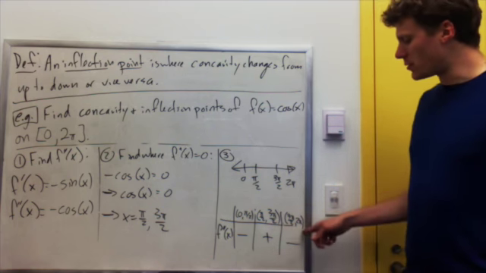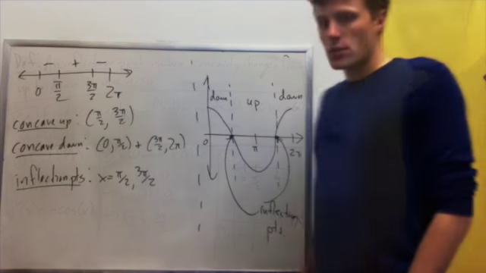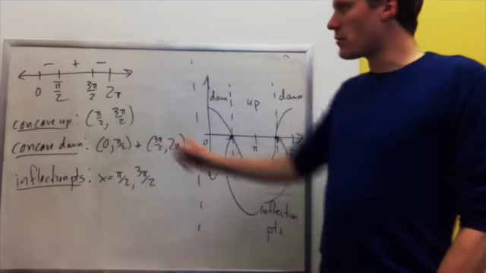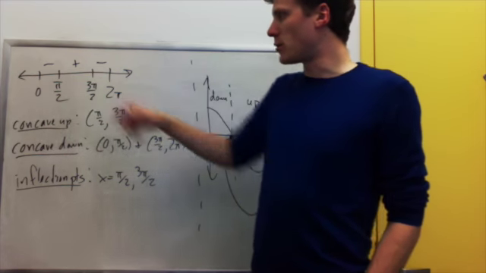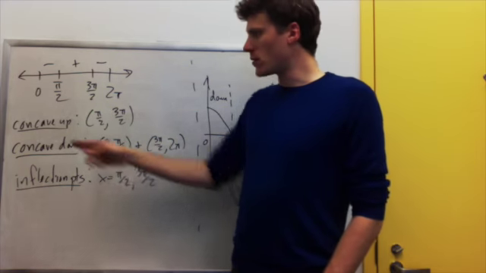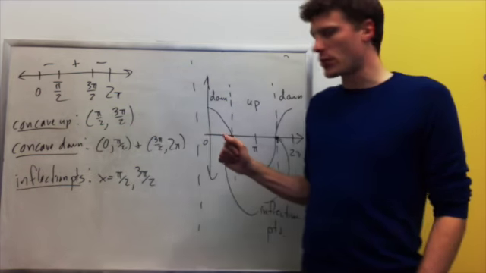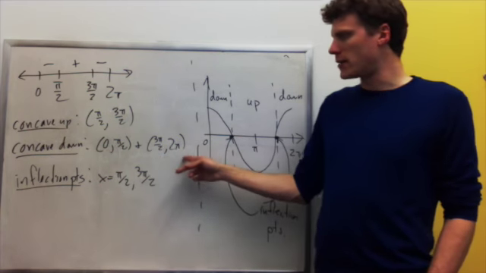Then from 3 pi over 2 to 2 pi, negative cosine of x is negative. Okay, so we found that the second derivative is negative between 0 and pi over 2, positive between pi over 2 and 3 pi over 2, and negative between 3 pi over 2 and 2 pi. So this function will be concave up between pi over 2 and 3 pi over 2. It's concave down on the first interval from 0 to pi over 2 and from 3 pi over 2 to